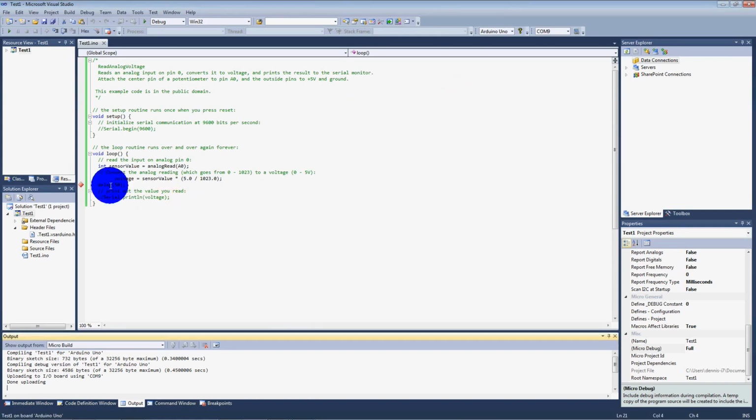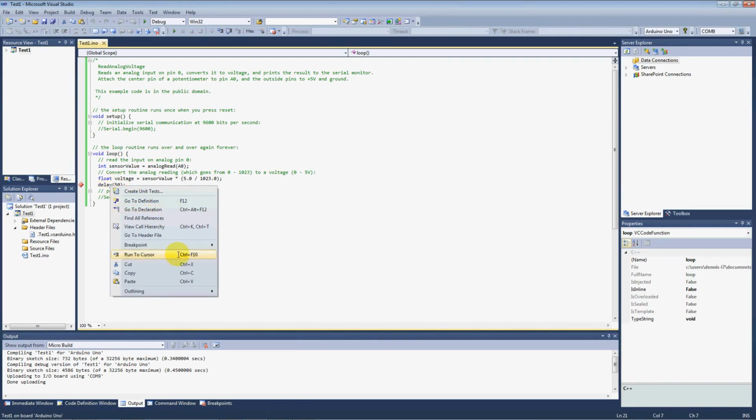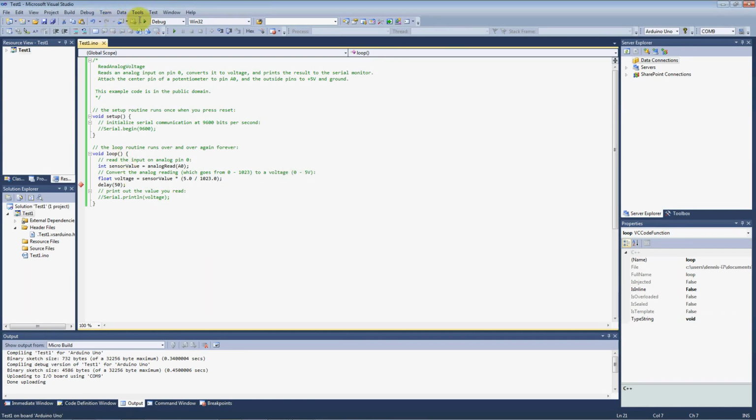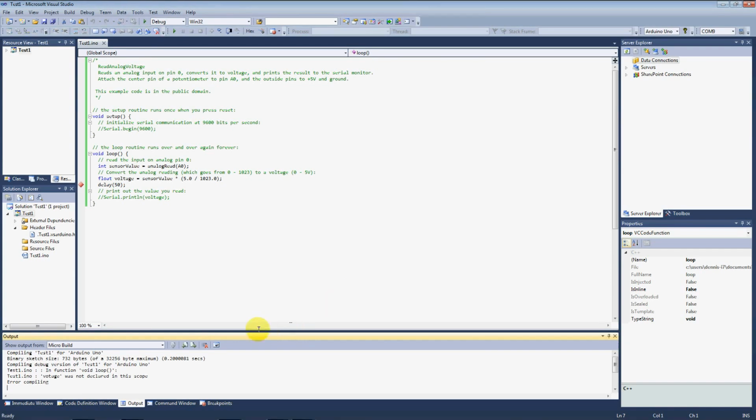It's on our breakpoints. Go back down here and edit it. If you have one of your values in here, if you have a misspelling, it may throw you for a little loop. Here, I'll just drop that L out of voltage and click OK. And now if we go to try to compile it, it's going to give us an error compiling message. And you're going to think, what in the heck? Well, it's not very verbose. If you go into the text here,